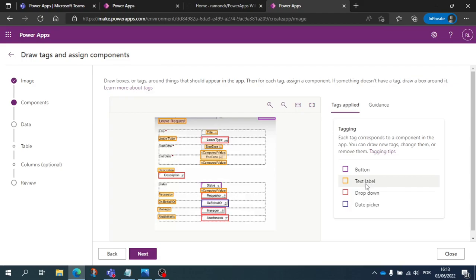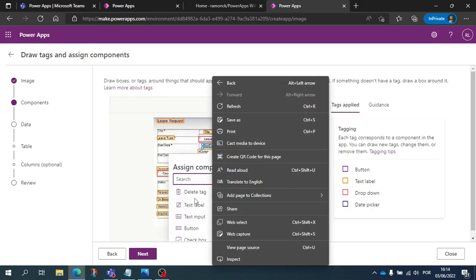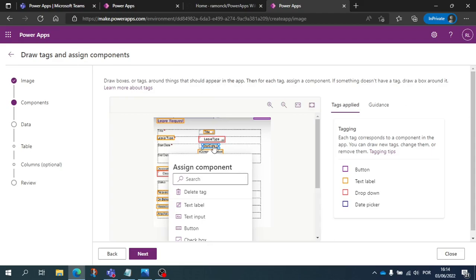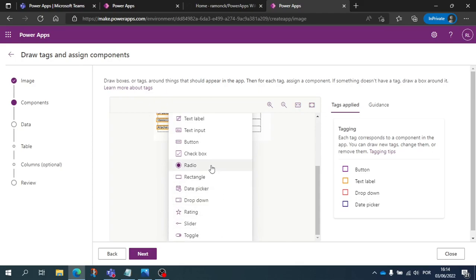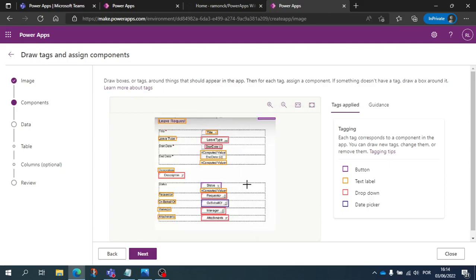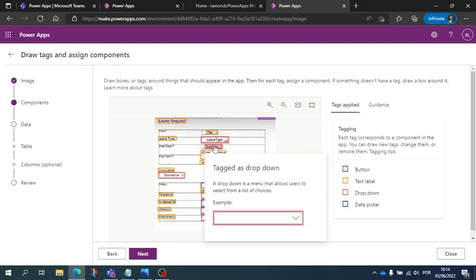If it thinks these fields are maybe one type or another type, right? If it's a text label, if you put your mouse over, it's going to say what it thinks it is. So all these are text labels. Actually, this one is not, right? So I can right-click on it, I can click on it, for example, and I can change it, right? So it doesn't have to be a text, for example. It can maybe be a button or a drop down, right? So in this case, it's a drop down. So I change here to a drop down, for example.